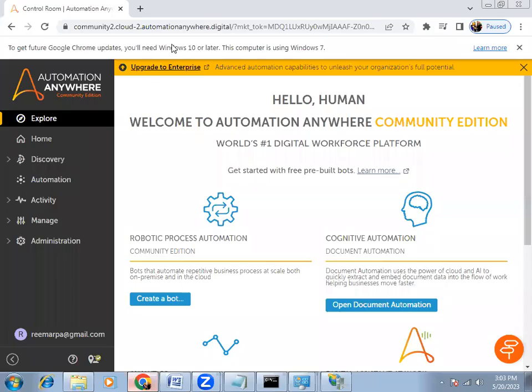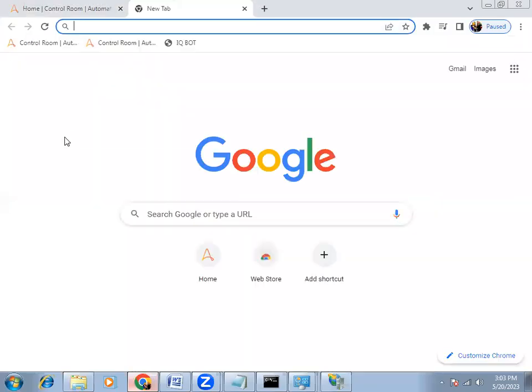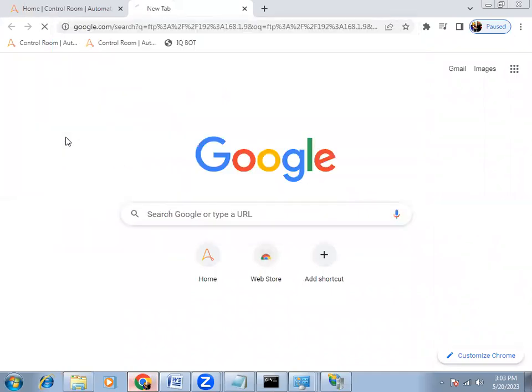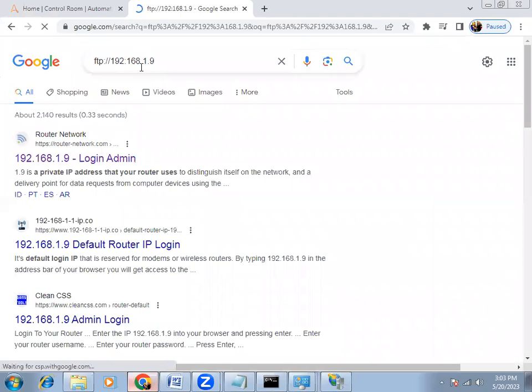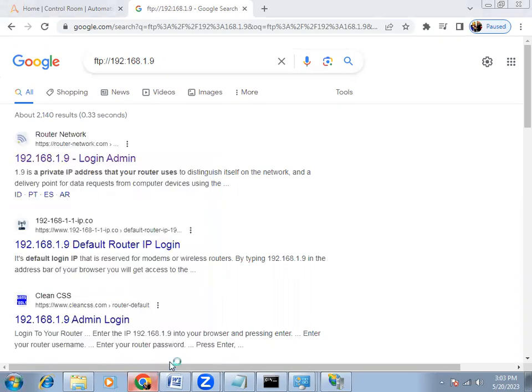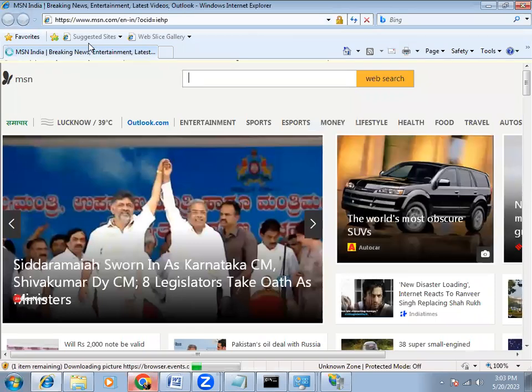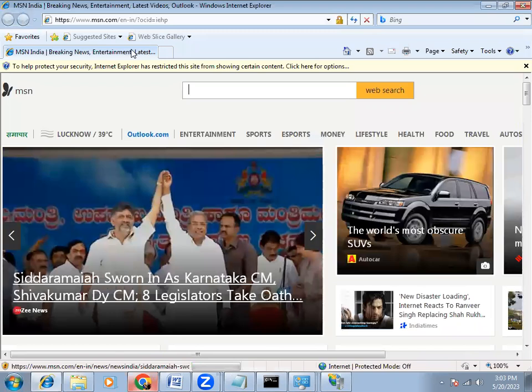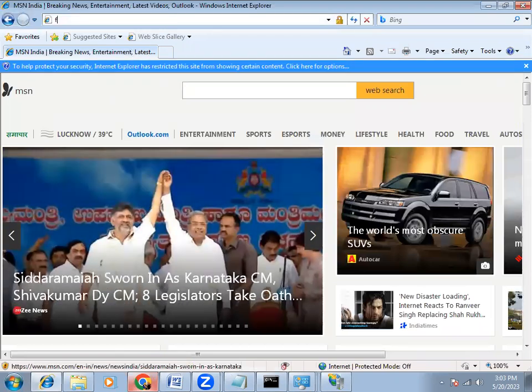Just go into your Chrome and here just type your server name. No, this is not right. So go into the Internet Explorer. Yeah, here I will type FTP